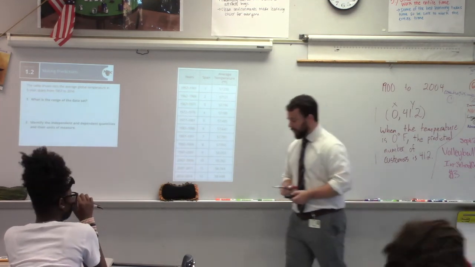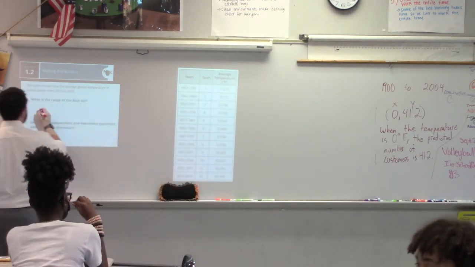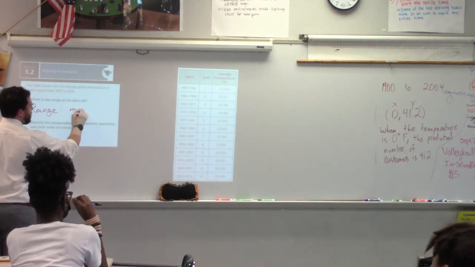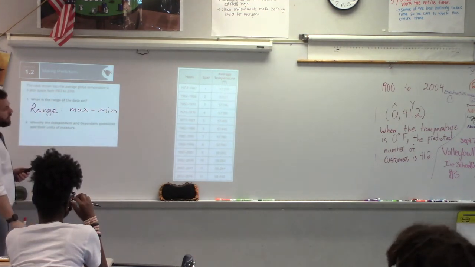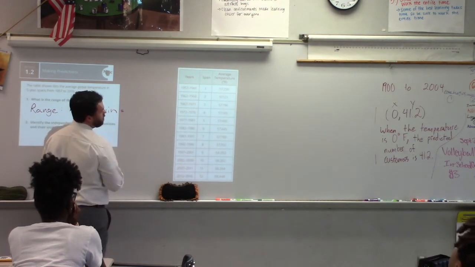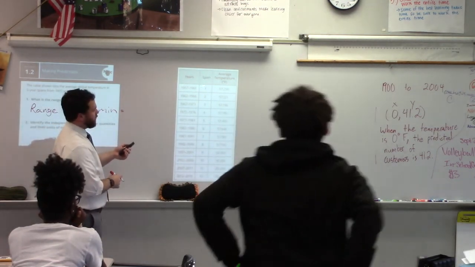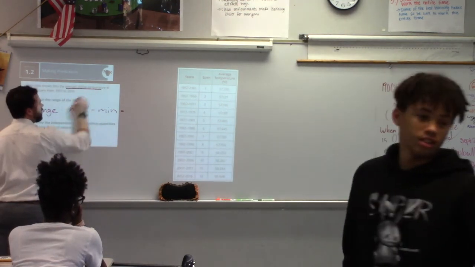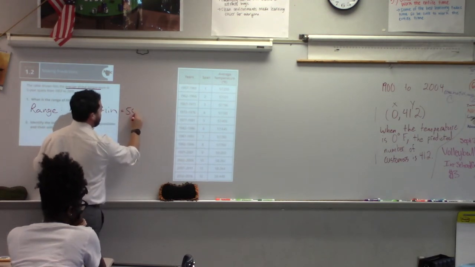It sounds like we forgot last unit already. How do I calculate a range? Max minus min. Thank you. All right, range. Max minus min. Does anyone see the maximum value in there? Wait a second. Is that the span of years? What is this all about? 58.458. Yeah. 58.448